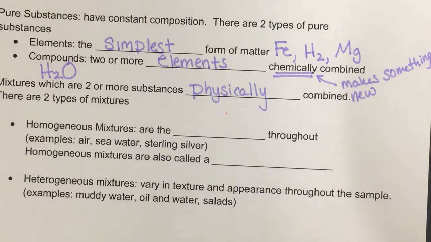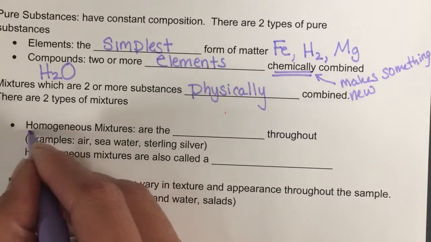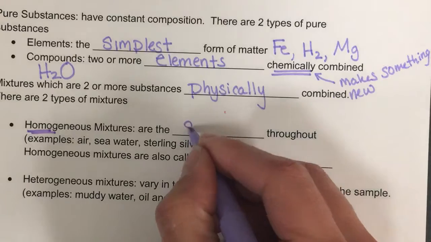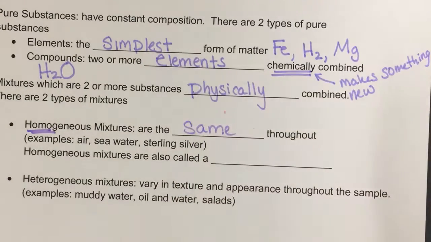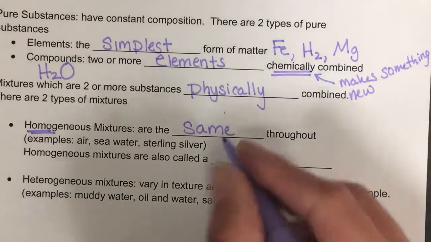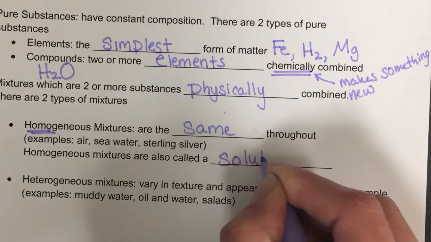I've got two types of mixtures. I can have homogeneous or heterogeneous. The prefix homo means that they are the same throughout. So when I look at a homogeneous mixture, the top of my mixture looks the same as the middle, looks the same as the bottom. The density is the same on the top, on the middle, on the bottom. The color, the texture, everything about it is the same all the way throughout, okay? The term that we use for homogeneous mixtures most of the time in chemistry is solution,